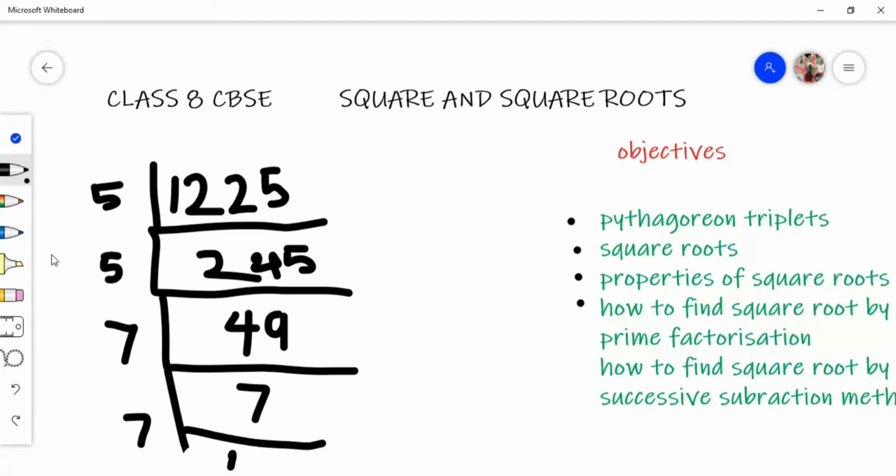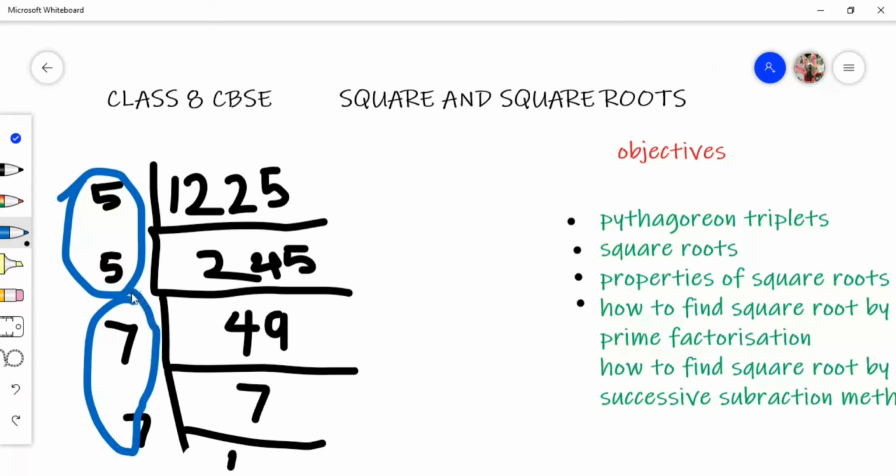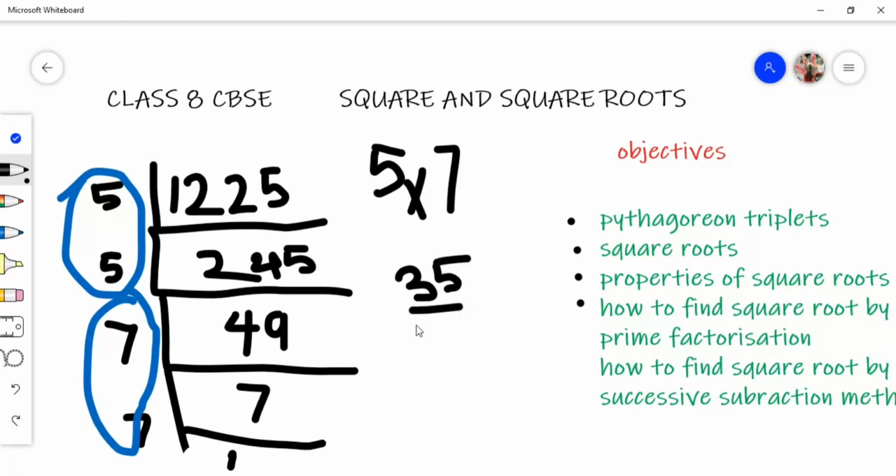So here now we will make pairs. This is the first pair and this is the second pair. Sorry. And then we will take one factor from each pair, 5 and 7, and we will multiply them together. The product we get is equal to the square root of that number. 5 into 7 is equal to 35. Okay, that means 35 is equal to the square root of